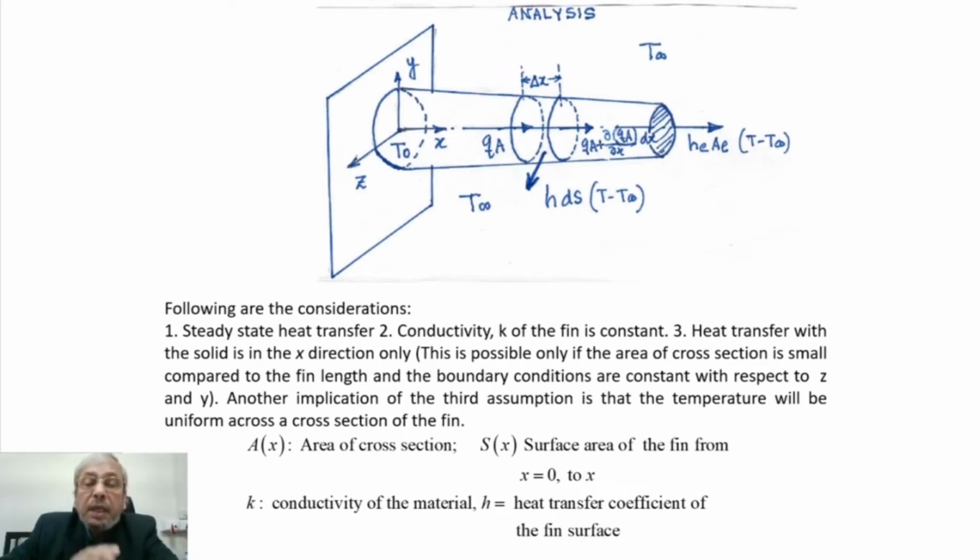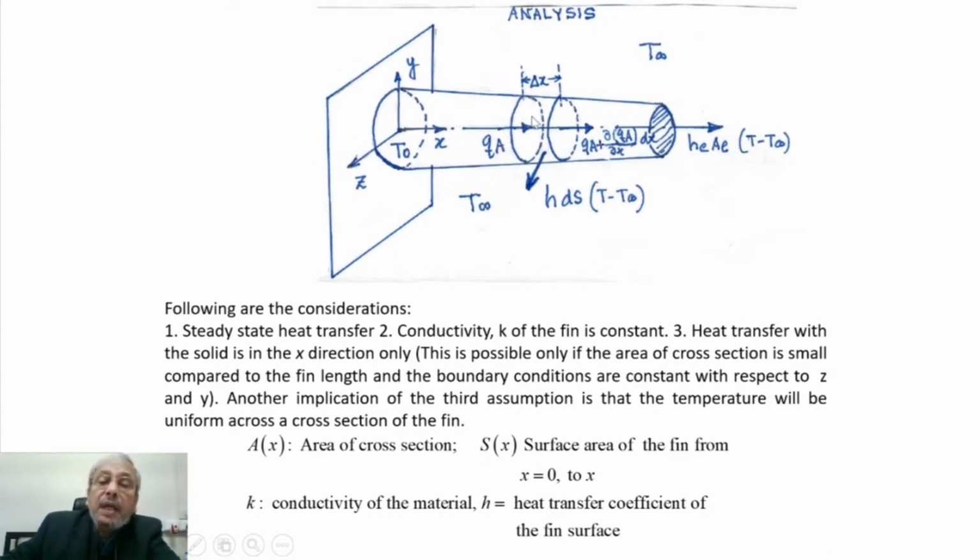So we are trying to first derive the general equations. Here you can see this is the base, which is having a temperature T0, and this is the extended surface. On the extended part at any distance x, if we take a cross section,